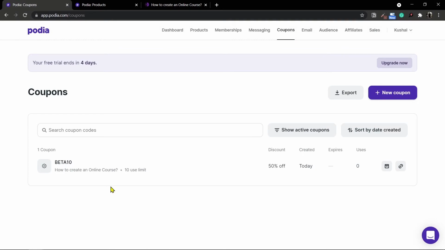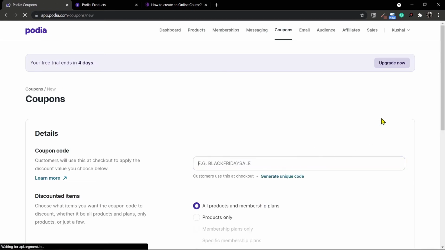I'll show you a few more things. When you create a coupon, this coupon now cannot be edited. Just remember that. In order to create a new coupon, again, I can go inside the new coupon and create it. Every coupon will have a limit on the number of uses. In this case, you can see it is a 10 use limit and the number of users is shown as 0 because no one has joined it yet. Since the expiry date is shown as dash, that means it won't expire, and the amount of discount is shown right here. So let me quickly create a new coupon to show you the differences.